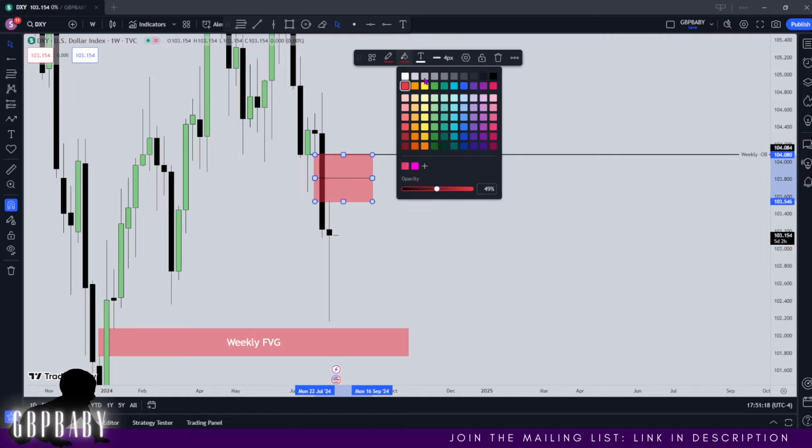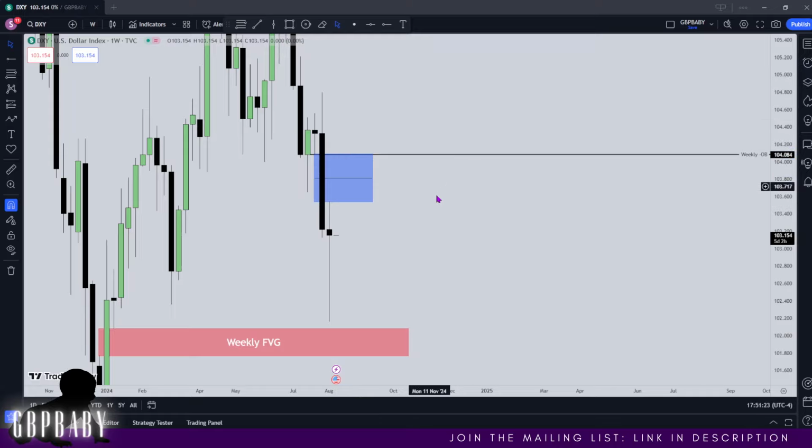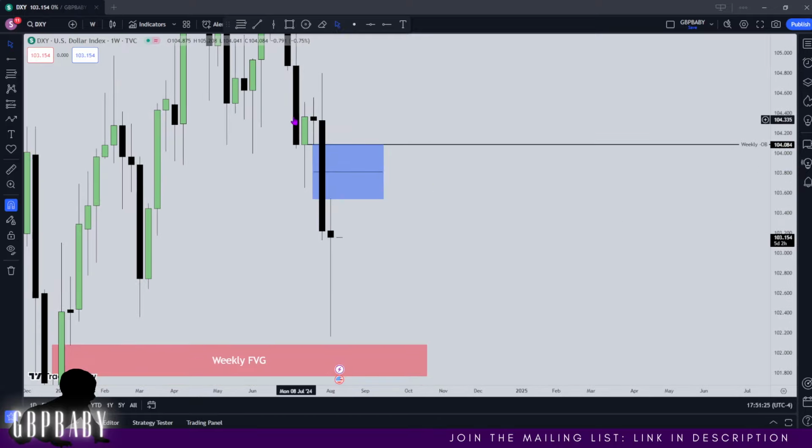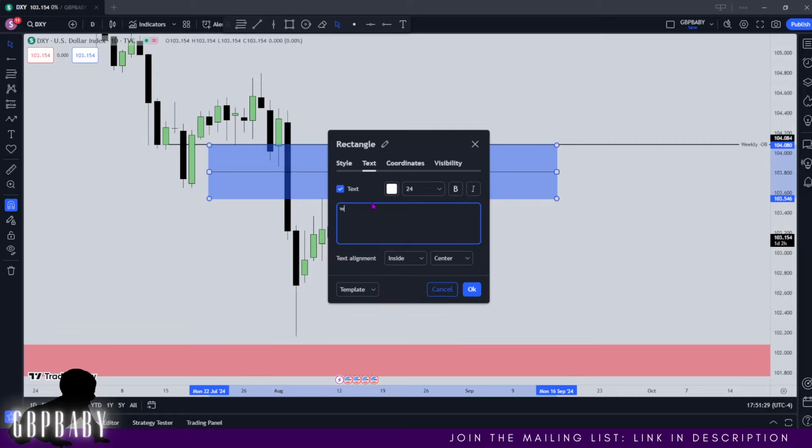I don't tend to go lower than that until after Monday's traded, especially considering we don't have any news tomorrow. So I think it is best we do just let Monday trade. Let's now drop down to the daily. This is also a weekly fair value gap. Let's get that marked out